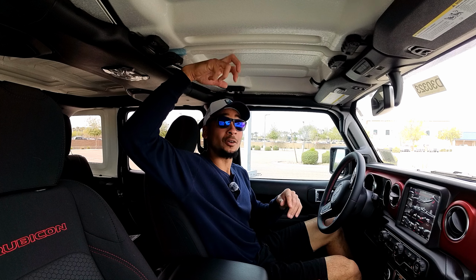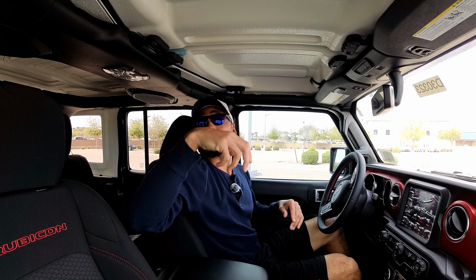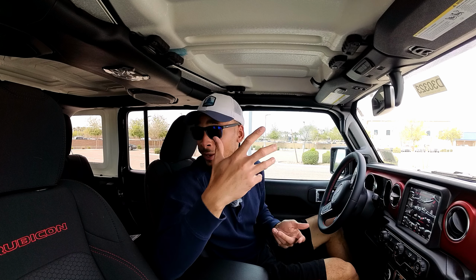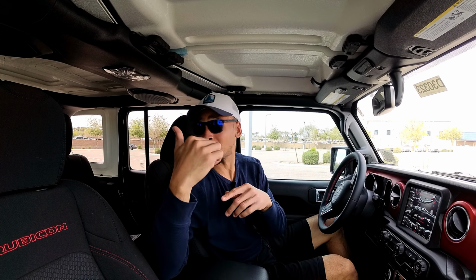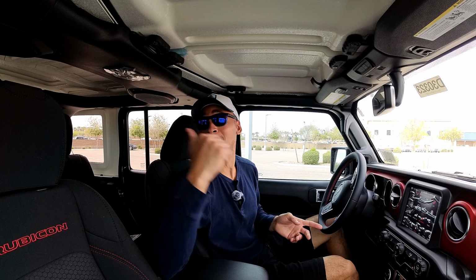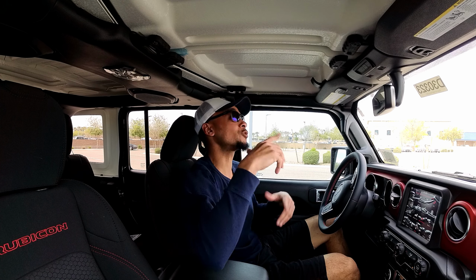Especially one of the things that's most common that people do is remove these two panels right here. The back one is a little bit bigger, so you're gonna have to get like a little setup. Maybe you have a little friend or a big friend help you lift this back up because you got to worry about the glass panels in the back. So usually a lot of people leave the back on there, but this right here is really easy to take